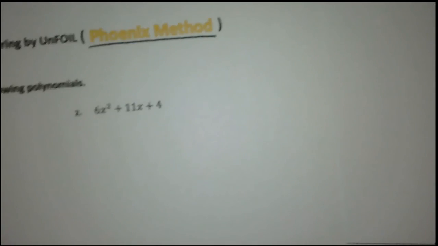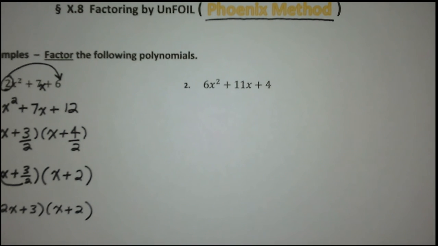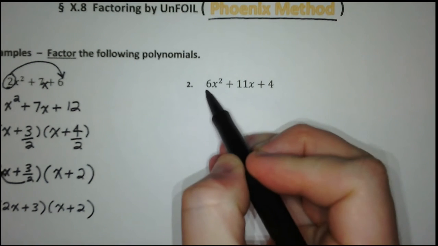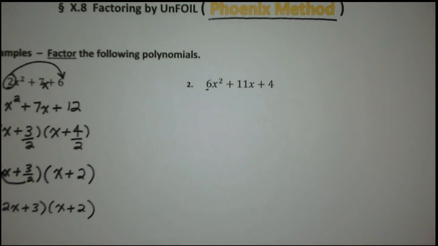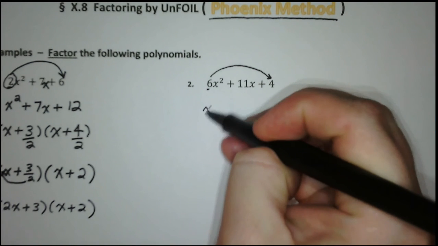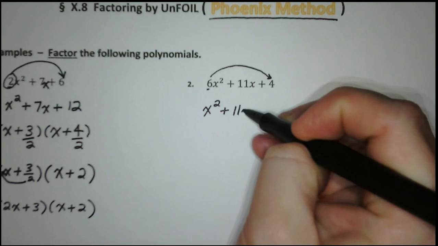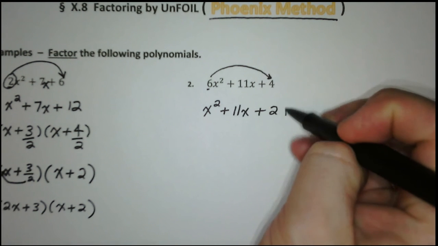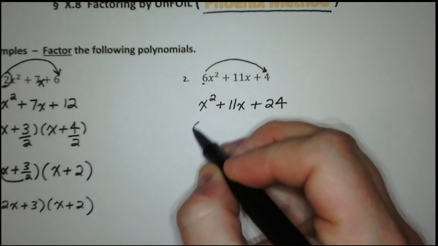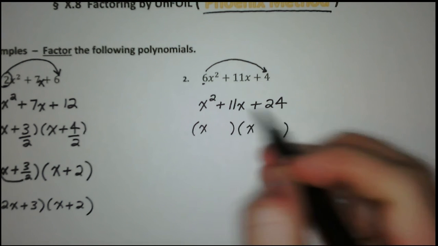Okay, so number 2. Once again, no GCF. So we want to try to unfoil this, but you see that 6 there. So the first step is to slide it to the other end, kill the phoenix, and multiply it to that final number. Now we can unfoil easy like,